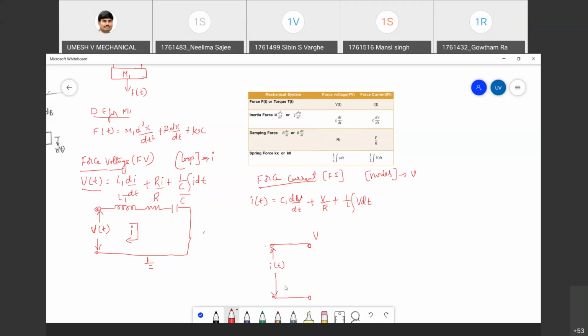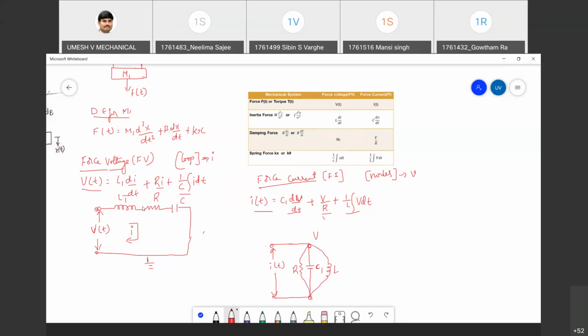Okay. Then come to the first element. C1 is connected to the dV by dt, no. C1 is connected to the V node. What is the symbol for capacitor? C. This is for C1. Then the next term V by R. R is connected to the V node. The R symbol is resistor and L is inductor. 1 by L integral of V dt. L is connected to the V node. So this will be L.